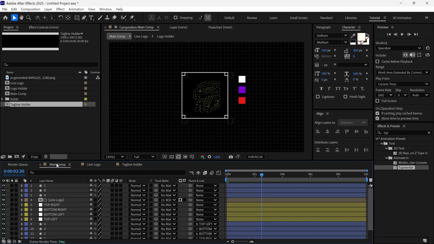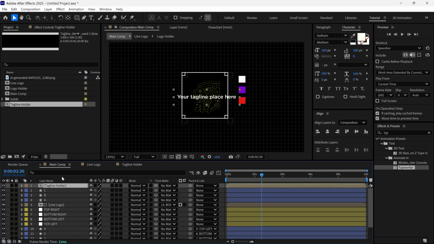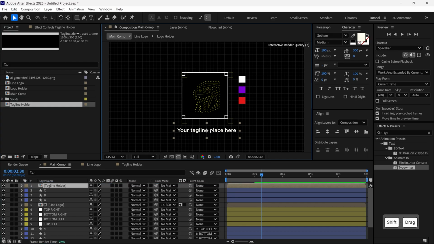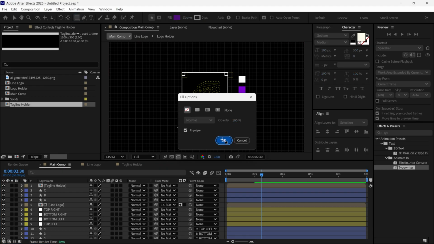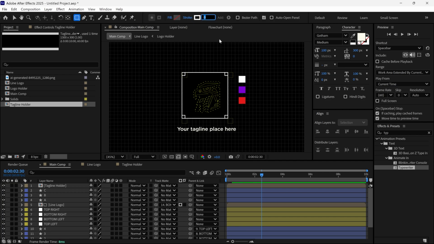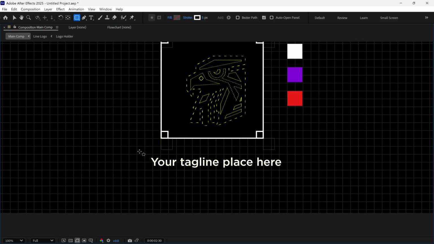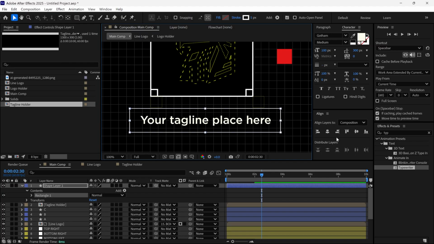Then, back in the main comp, I add the tagline holder to the timeline, adjust its position like this, and use the rectangle tool to draw a box around it. Make sure the fill is set to none and the stroke is around 5 pixels. Align it to the center, rename the layer to tagline outline,